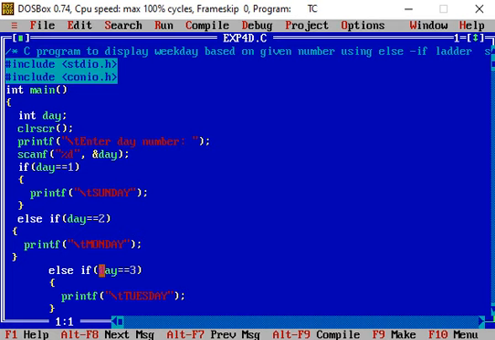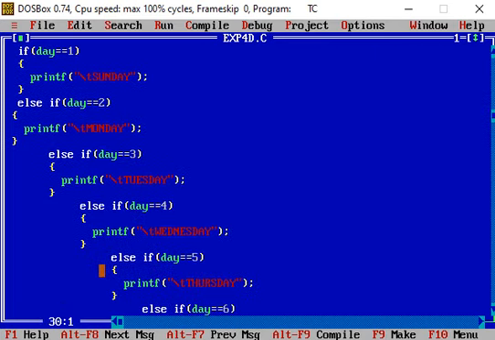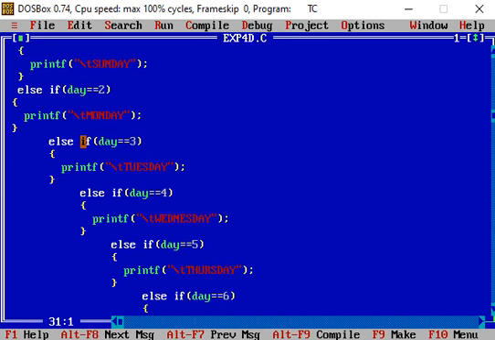Again else if day equal to 3, print Tuesday. If this condition is false, then else part of the if statement, and in the else part again an if is associated with the else.